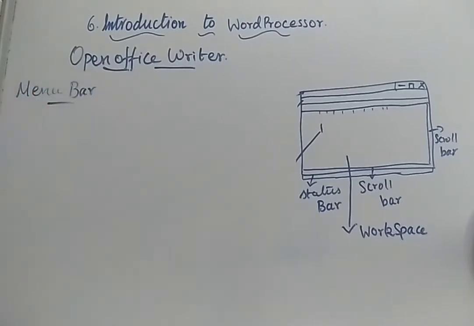So first we have discussed the title bar. Next we are going to have the menu bar. What is in that menu bar? It is going to contain whatever tasks you want to do with the document. That task will be displayed there for you. Just by clicking those menus, you can do whatever you are willing to do with that document. Everything is already available for you. Just by clicking that one, it happens automatically.